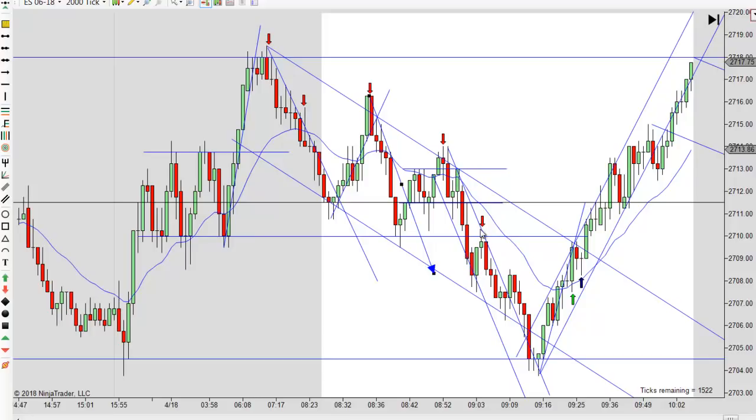And then you get your failed second entry short right here, and you're not quite back down to the lows. So you're probably going to push on down, and notice it confirms that trend line right there too. But more than anything, it's your breakout pullback. Notice when we broke through this area, we pulled back and tested it right there and then turned on down. You get another little jog right here,